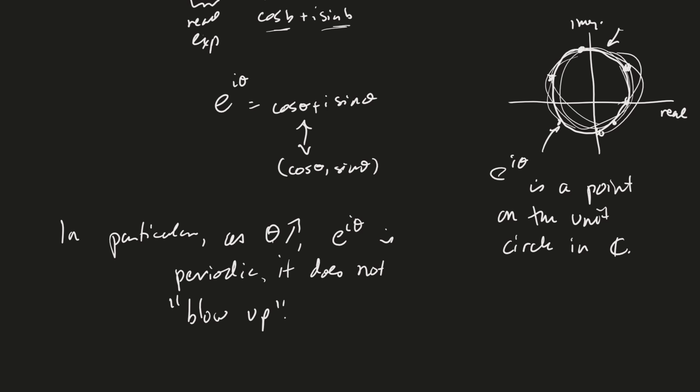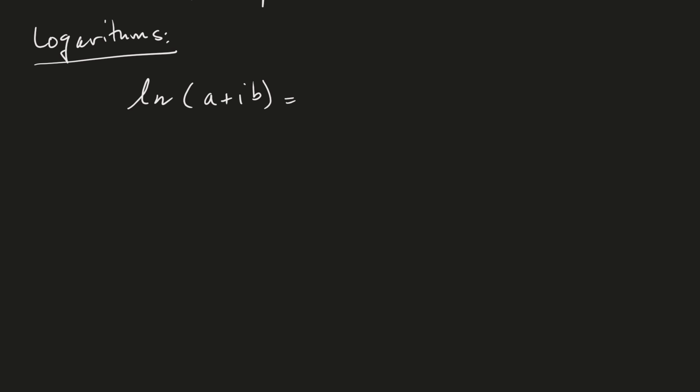Well, I've got a little bit of time here, so maybe I'll just talk briefly about the logarithm since we're talking about the exponent. It's good to think about the logarithm while we're in it. Good. So suppose I want to take the natural log of a plus ib. Well, if we were to just follow our nose in how we might do this, just like before, we might convert a plus ib into its polar form, r e to the i theta,